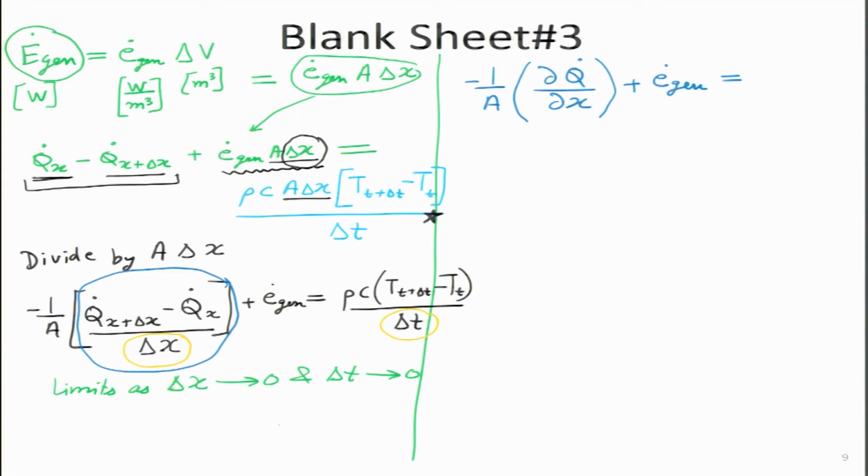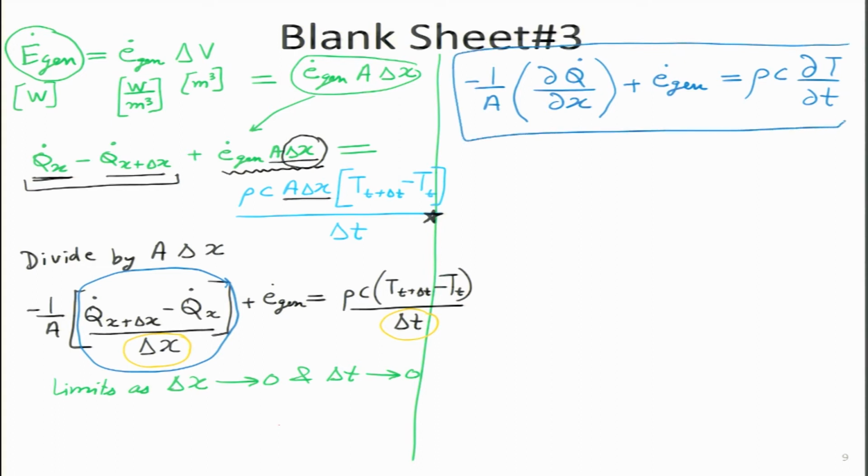What happens to the third term? Do we see the same thing happening over there? The answer is yes. It will simply become del T by del t. Look how simplified the equation has become. Can we do even more simplification? The answer is yes, if we recall Fourier's law. Why am I interested in Fourier's law? Because I can see this q dot over here, and from Fourier's law I remember q dot was minus K A del T by del x.